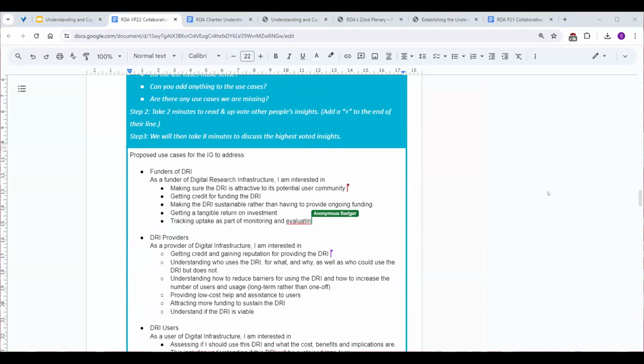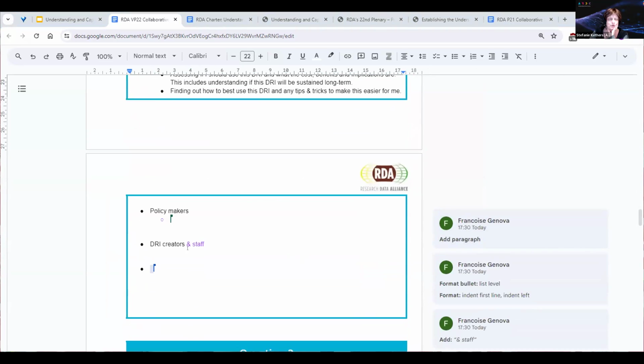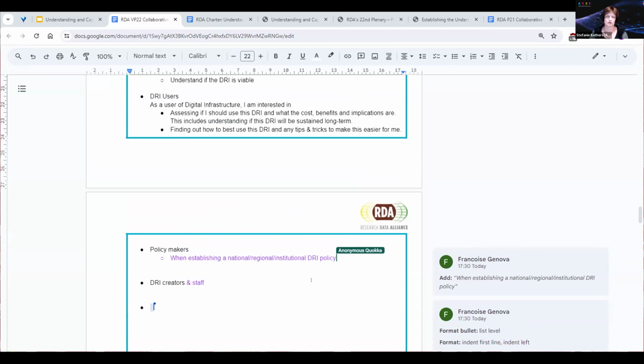If you have a suggestion for a new use case, we just put a new bullet point in. Is that the way to do that? Yep. I've put in the 2 that were listed earlier, the policymakers and the creators. So by all means, just put extra bullet points in and write whatever you think makes sense there. Okay, those are new categories of people, but they're not a new category of use cases. That's right. I just put in the types of stakeholders, if you like. So if you have suggestions for what their use cases would look like, that would be fantastic. Okay, great. Thanks.